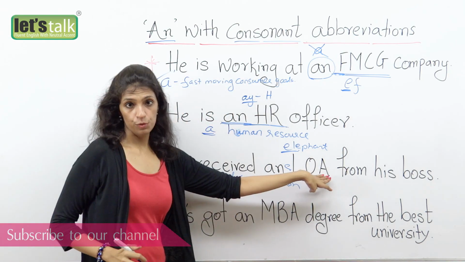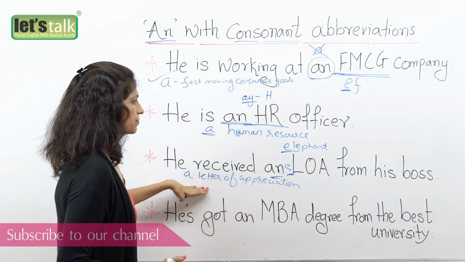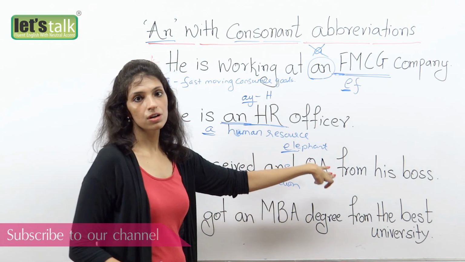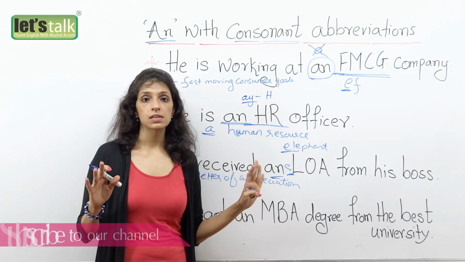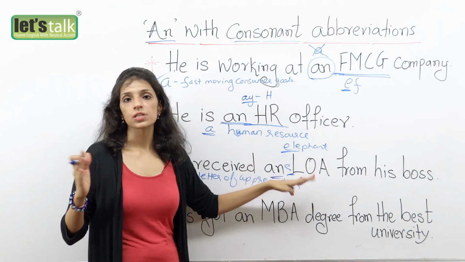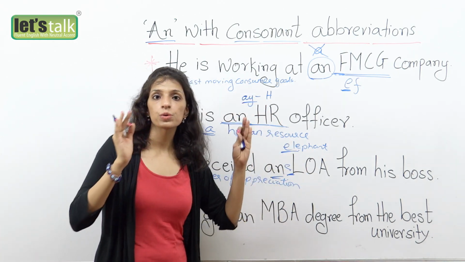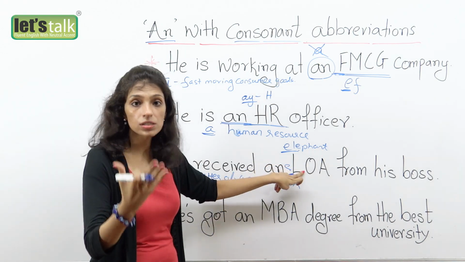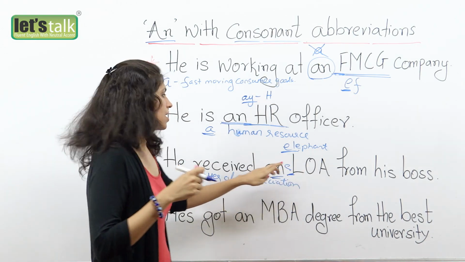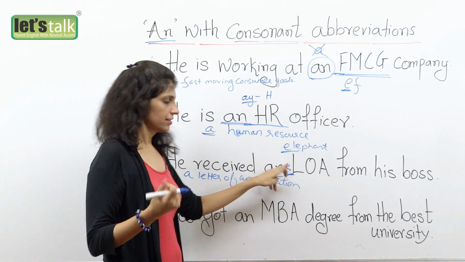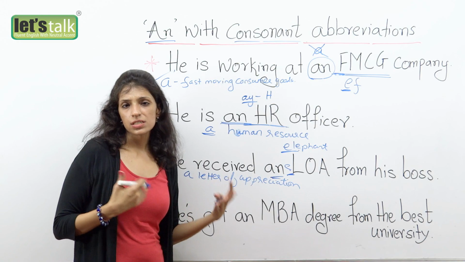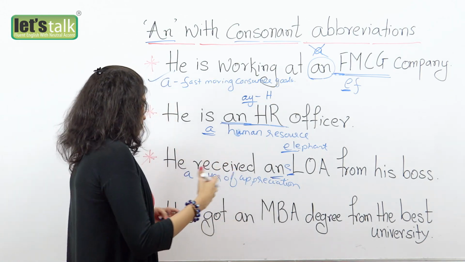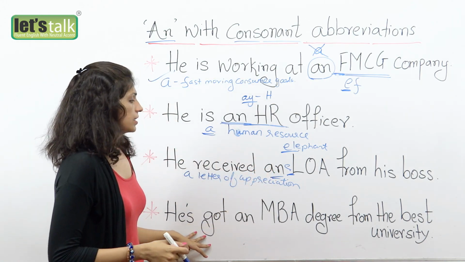You see, for the full form, use a, and for its abbreviated form, please don't just assume L is a consonant so we have to use a. In its abbreviated form, you will always use an, because it's got the vowel sound L. Okay, well, and then we lost touch because I shifted and moved base to another country,